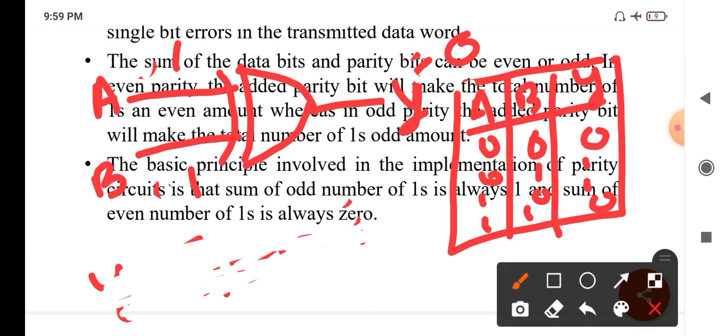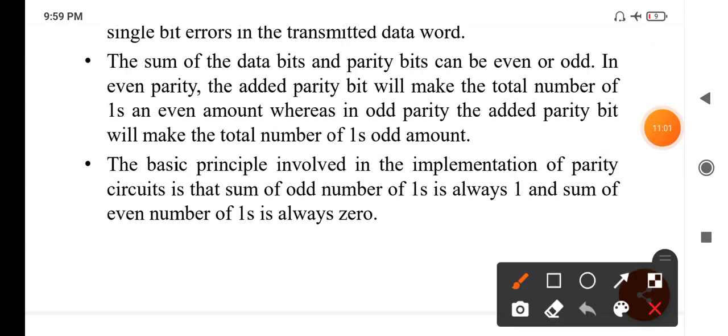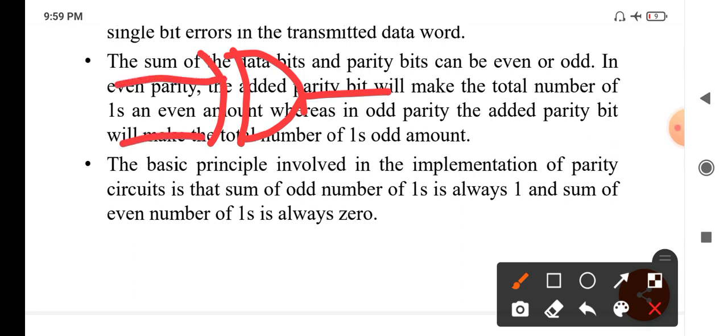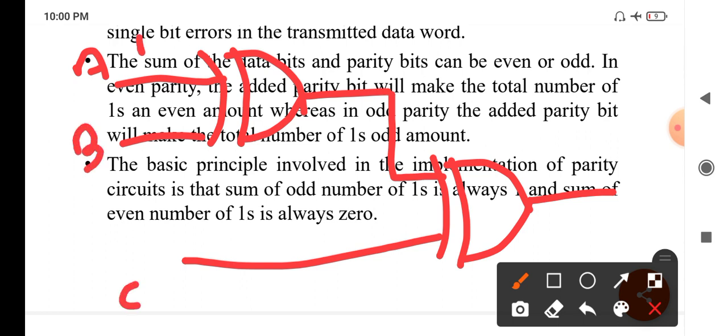If you are transmitting 2 bits that works, but say if you are transmitting 3 bits, what happens? We have to use 2 XOR gates. You put them here, with inputs A, B and C. Say you have 1 1 and 0.